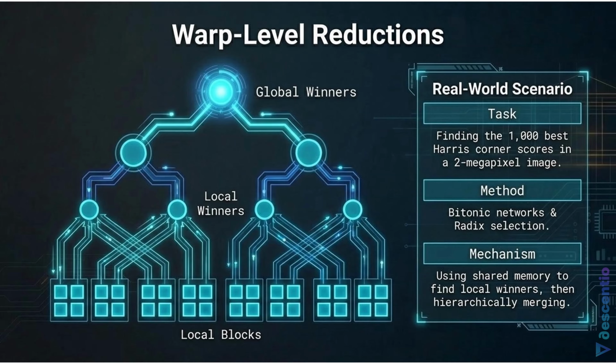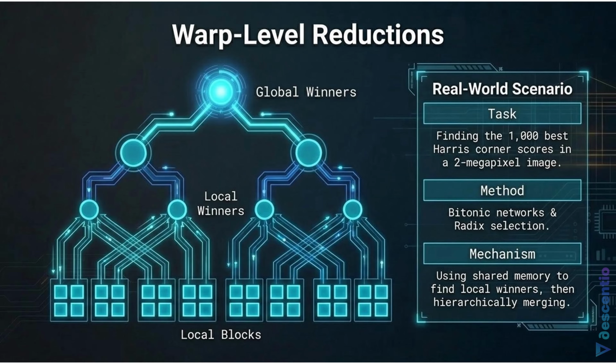The sources mention Bitonic networks and radix selection. How do those actually process data differently under the hood? I mean, how do they satisfy the GPU's architecture? They shift the computation from a global structure to what we call warp-level and block-level reductions. Warp-level reductions. That sounds incredibly sci-fi. It does. In a GPU, threads are grouped into hardware clusters called blocks. Instead of forcing everyone to fight over one global top 1,000 list in main memory, you utilize the GPU's ultra-fast shared memory, which is physically located right next to the processing cores.